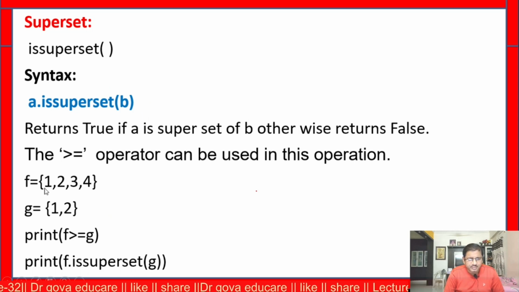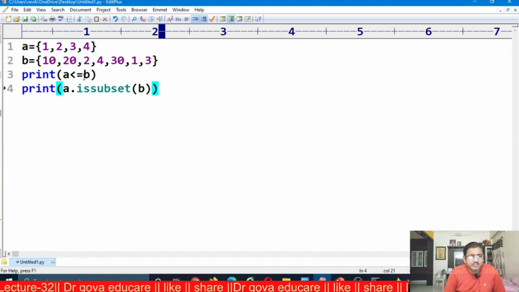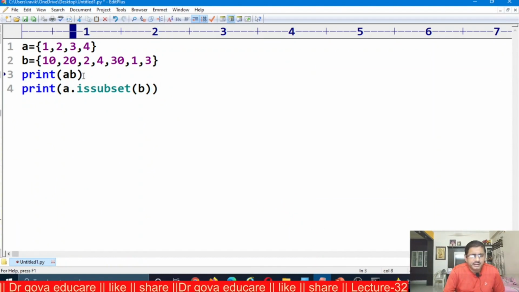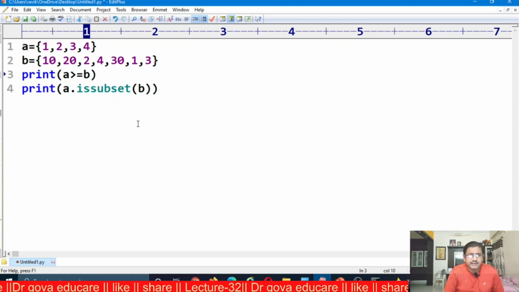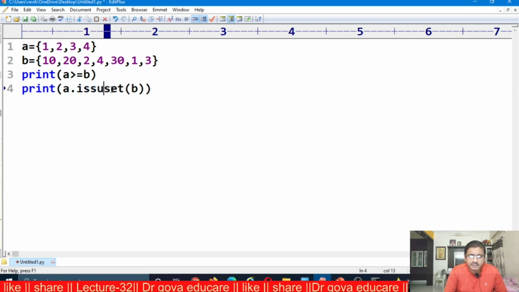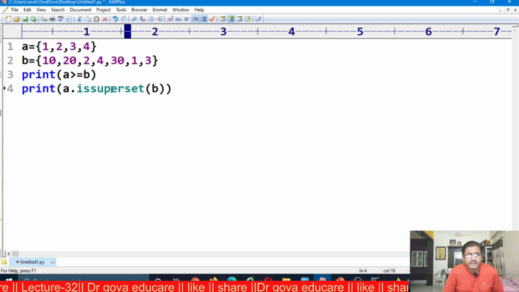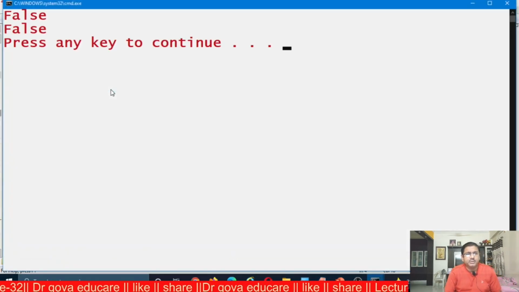Now the same example, F is equal to 1, 2, 3, 4, G is equal to 1, 2. Now F greater than G. Now F is a superset of G. Now in the same example, A greater than or equal to B, and is superset. In both cases it is true.